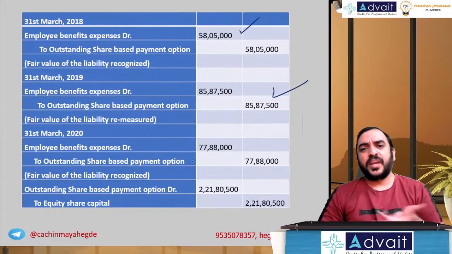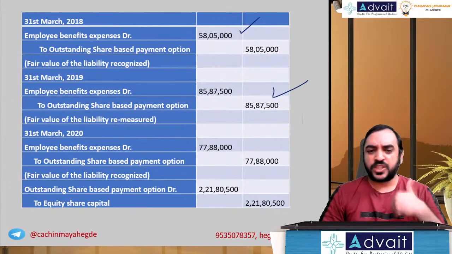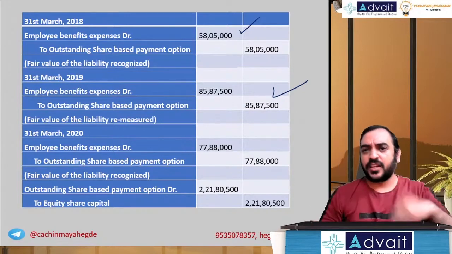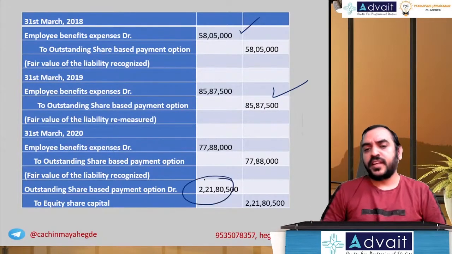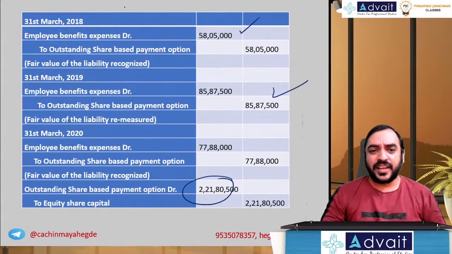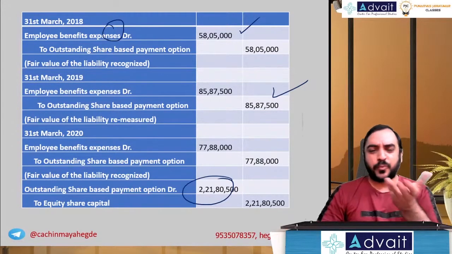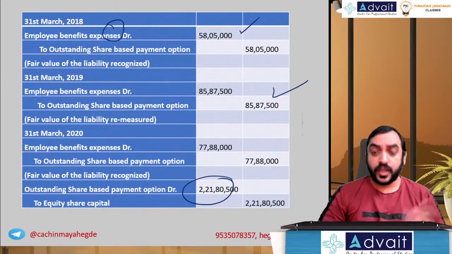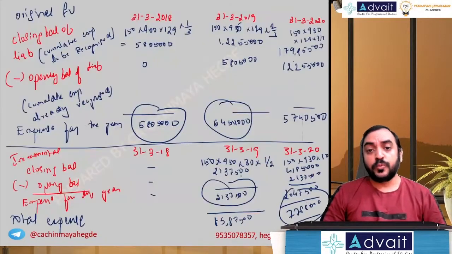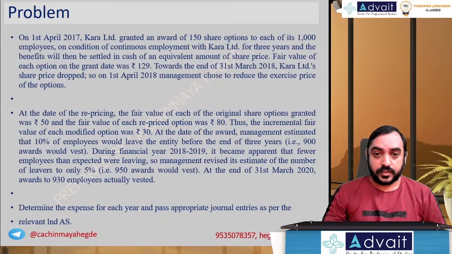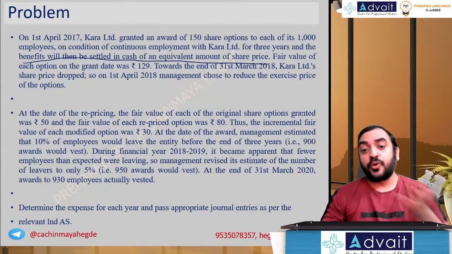Then we don't know the breakup of face value and separately how much amount collected and all, the amount received, that and all we don't know. That is transferred to share capital directly. So the entire amount, 2 crore 21,800 total amount, is transferred to share capital equity. P&L entry not passed, that is okay from exam point of view. If you want you can pass, or within brackets you can mention, sufficient. In this problem in fact there is one more point to be kept in mind, because they said it will be benefit will be settled in cash of an equivalent amount of share price.